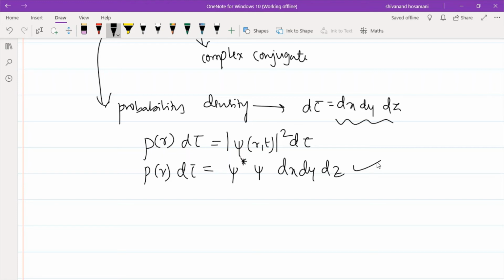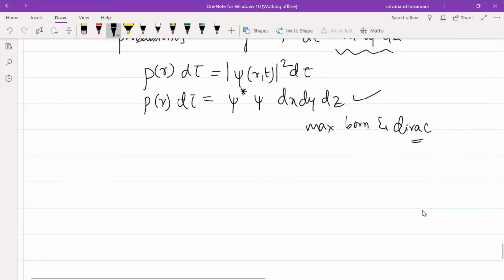This was first given by Max Born and Dirac. Max Born and Dirac gave this physical significance, or notation, of the probability of finding the particle in the particular region. Alright, so as we know, the particle may be constrained,